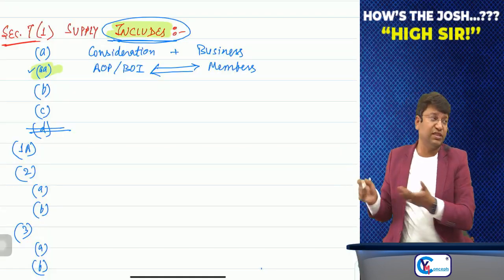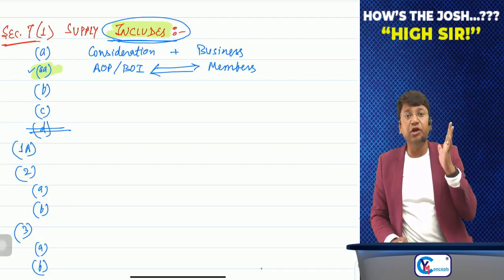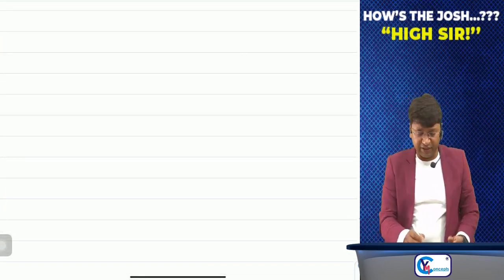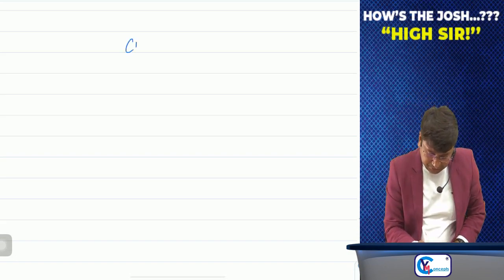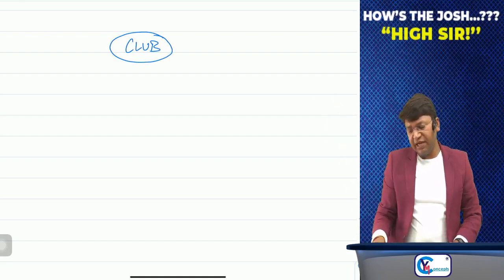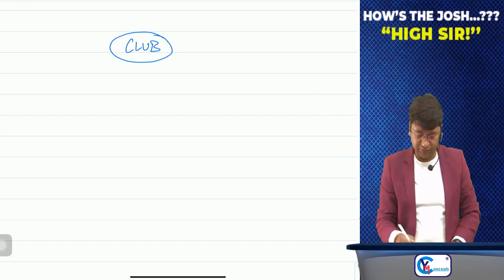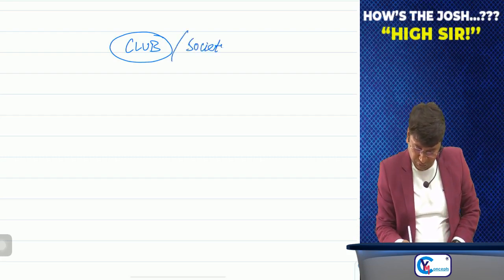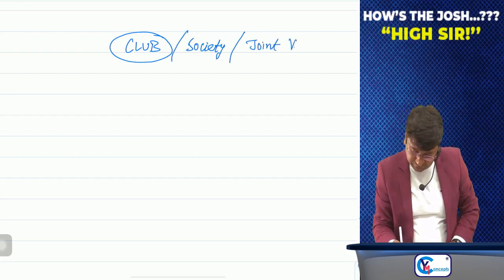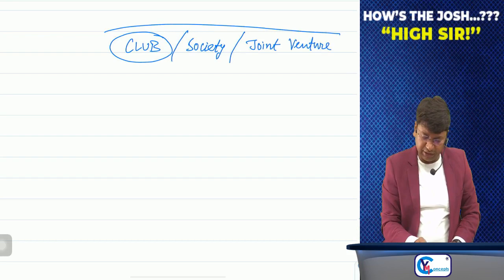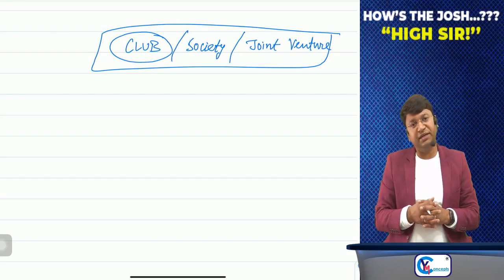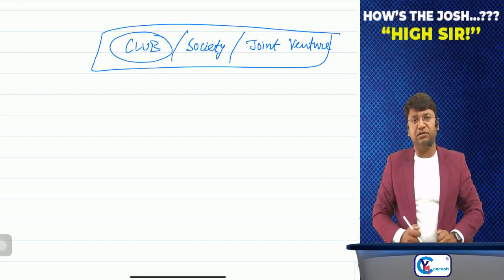And there is a circular also which says that if an AOP BOI, association of persons or body of individuals, is providing a club, we can say just as a club, like Lions Club, Rotary Club, or any club, housing society, or any joint venture, etc., whatever name you can give, if they are providing any services to their members, it is supply. Okay, sir, now what happens? One circular was given,